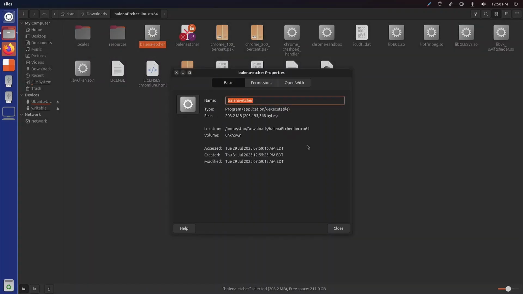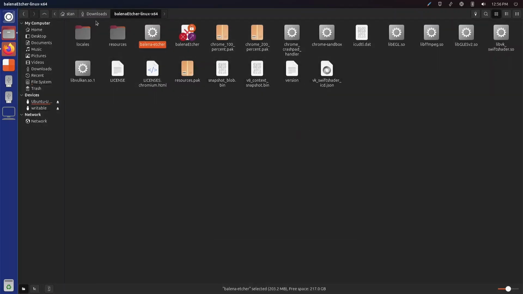Okay, so it's an executable. It has permission to be executed. What is going on here? Why am I having trouble?